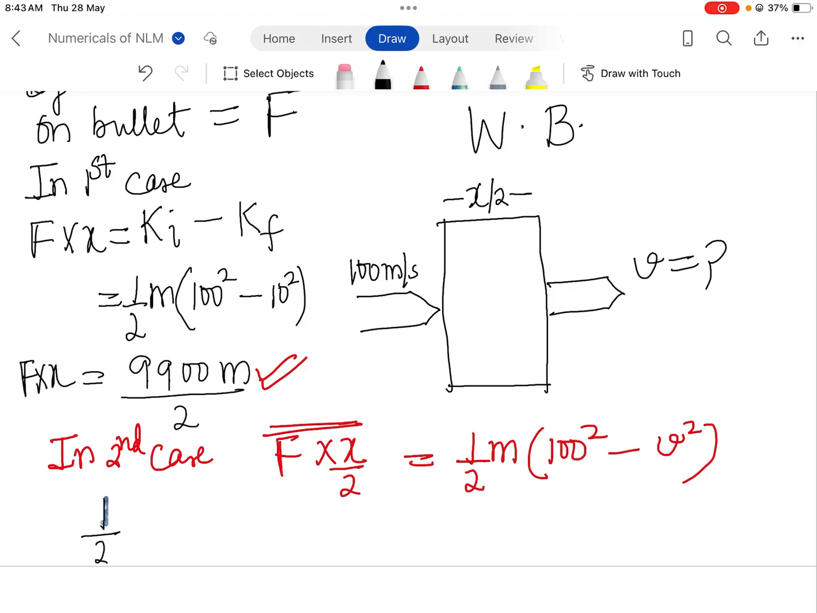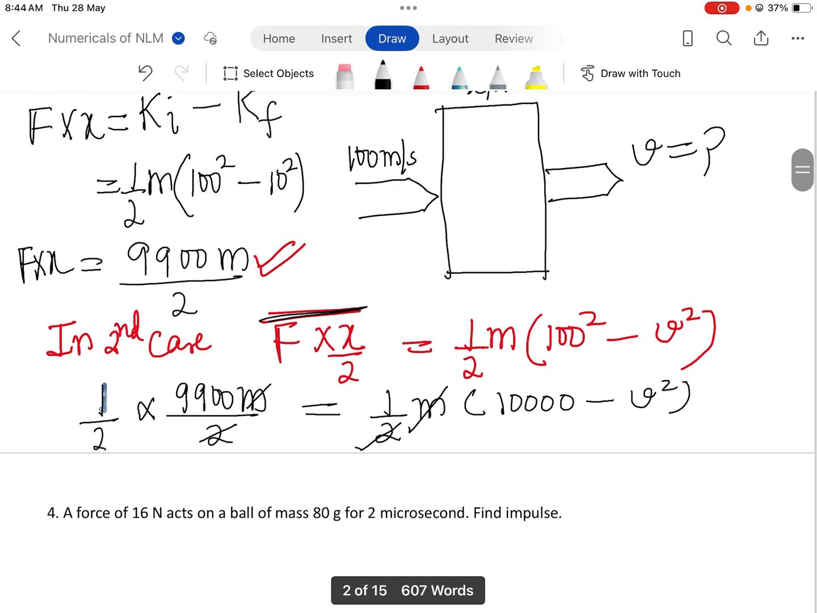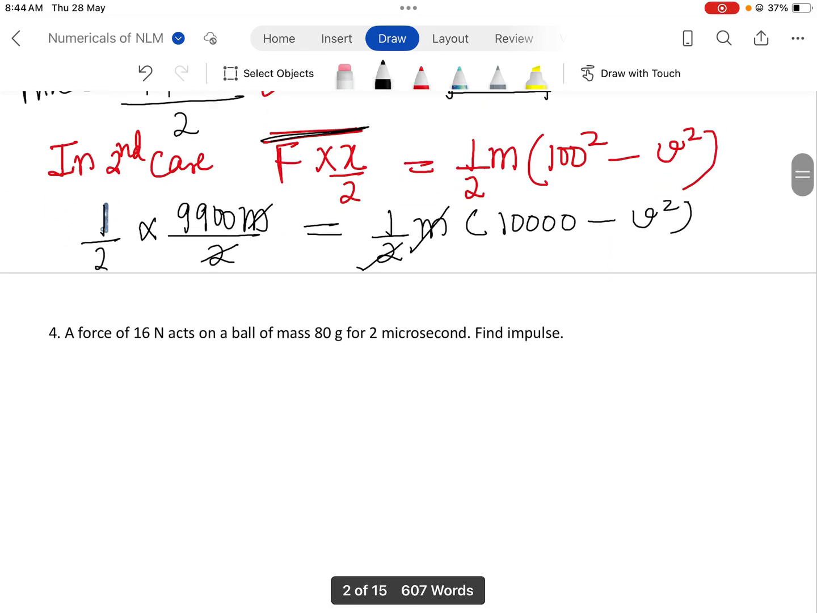In place of F into x, what will you write? 9900 m upon 2 equals to 1 upon 2 m, this is minus v square. You simplify, m and m cancel, 2 1 power each cancelled. So what will you get here? I am writing here,